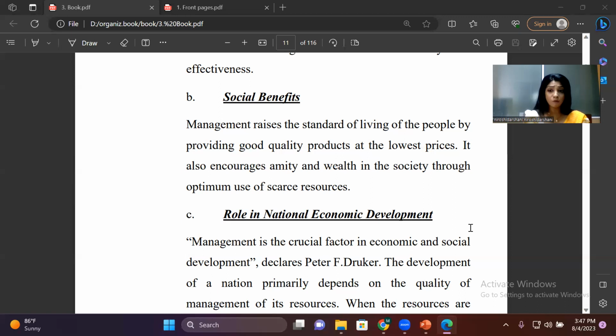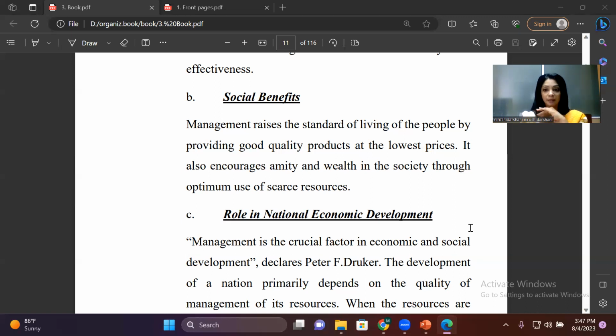But when this is lower, definitely the society will benefit. Why? You get quality products at the lowest price. Quality always depends on the customer's perception. I may say a PETA toy is a very quality one because for this price, it is a quality one. I got it for 20 rupees.